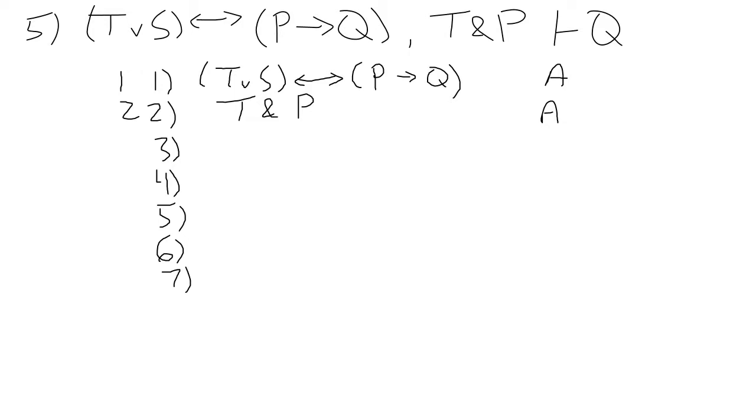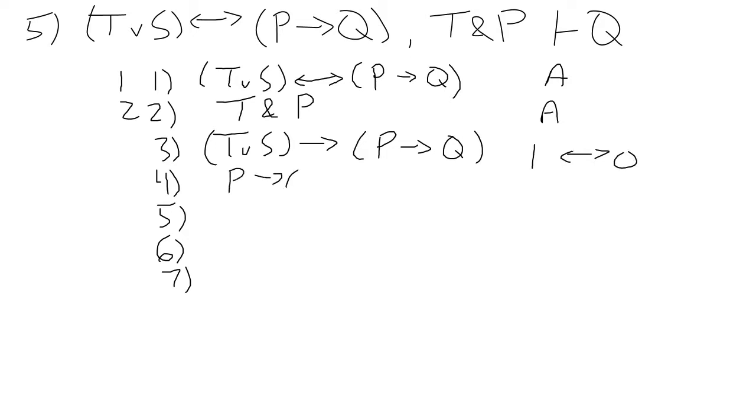So we can break up our biconditional statement. And looking at it, we could write it as T or S arrow P or Q, P arrow Q. That would be from 1, double arrow out. We could also write P arrow Q, T or S from 1, double arrow out. Both of those work. I'm going to keep them both here. We're not going to need both of them, obviously, but just showing you that you can write both of them,